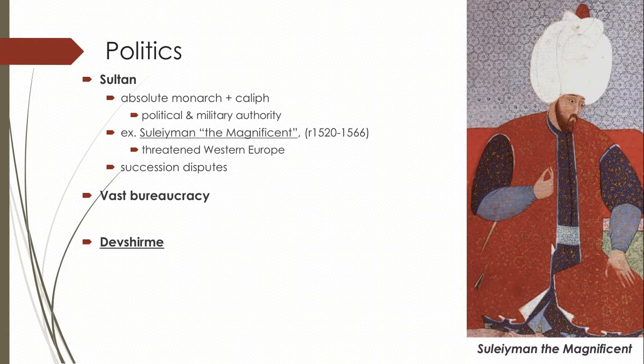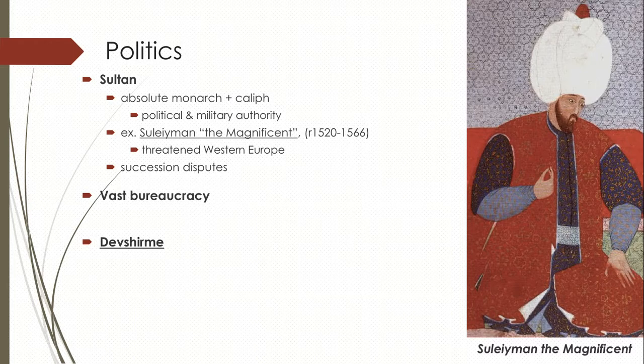By 1529, he had conquered the state of Hungary in Eastern Europe and several times threatened Vienna, laid siege to Vienna in Austria. Even though the Europeans were able to hold them off from that point on through this era, the Ottomans are seen as a real absolute threat to the Western Europeans. And that's all happening while the Western Europeans are basically turned against one another, fighting religious wars and wars over expansion overseas. So those are major problems the Western Europeans are going to have to deal with. But in the meantime, Suleiman the Magnificent leads the Ottoman Empire at its peak of power and peak of expansion